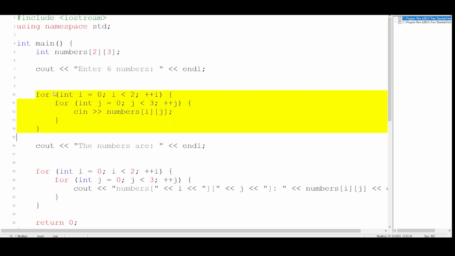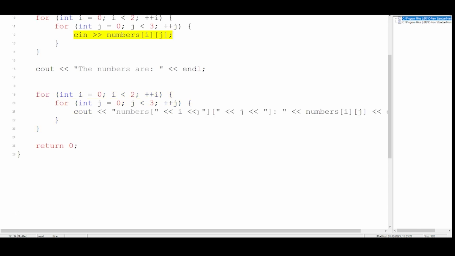Here I'm using 2 loops. First loop is for the row. Second loop is for the column. That you have to remember. Then I'm taking the input just like how we normally do. Now here, since I'm using 2 loops, 2 iterators are there. One iterator will be for the row. One iterator will be for the column. So as you can see here, when I'm printing the array, the first iterator is i, second iterator is j. This way I can understand that this will be row and this will be column.